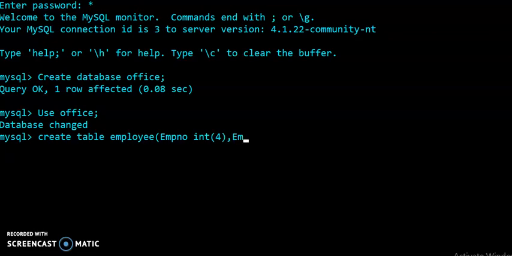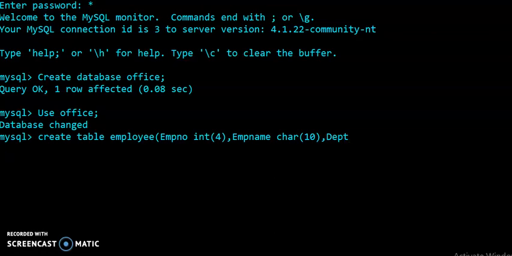So I am writing the second column name, EMP name, meaning employee name, and the data type of that is char, meaning character type information it can store. And I am fixing the size of the EMP name field as 10 here, then comma, then we have to start the third column definition.